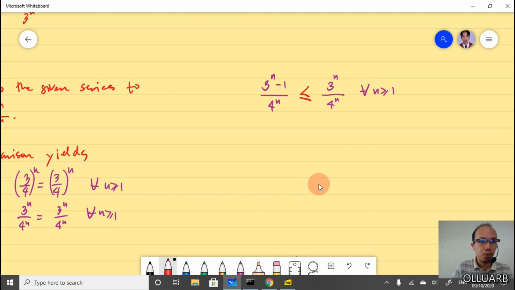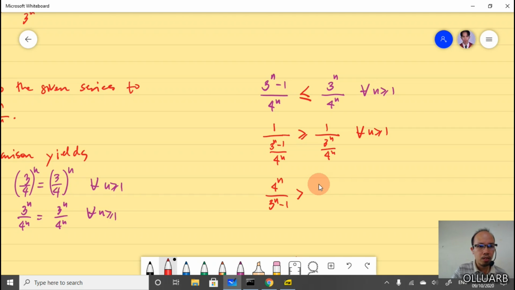Therefore, if you take the reciprocal, 1 over 3 to the n minus 1 over 4 to the n, the inequality symbol is reversed: 4 to the n over 3 to the n minus 1, for all n greater than or equal to 1. And if you simplify this, you have